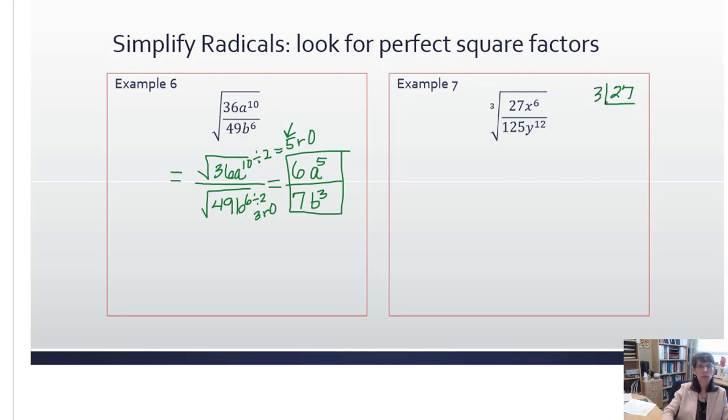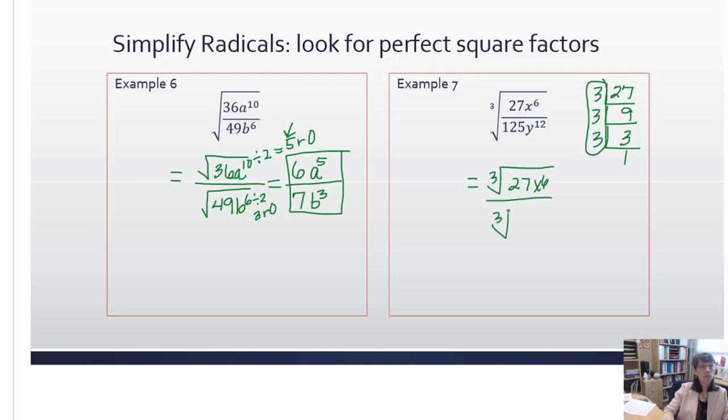27 is divisible by 3, leaving 9. 9 is divisible by 3, leaving 3. 3 is divisible by 3, leaving 1. So you can see that the base of 3 repeats 3 times, meaning it's a perfect cube. So with our numerator, we had the cube root of 27x to the 6th